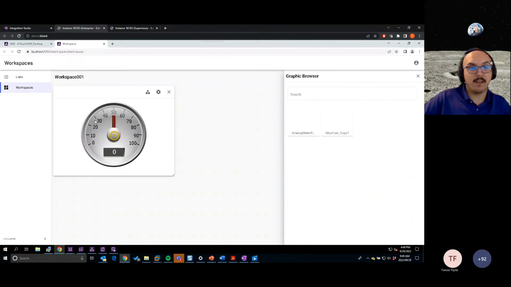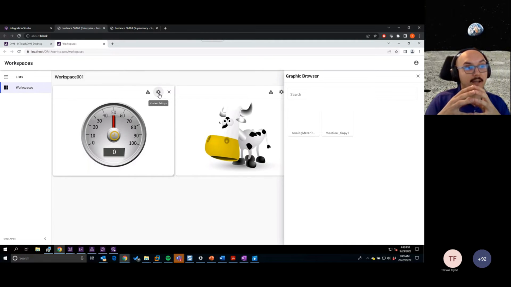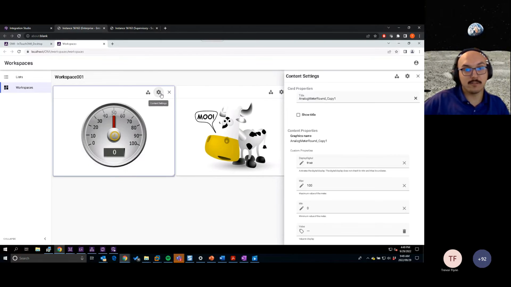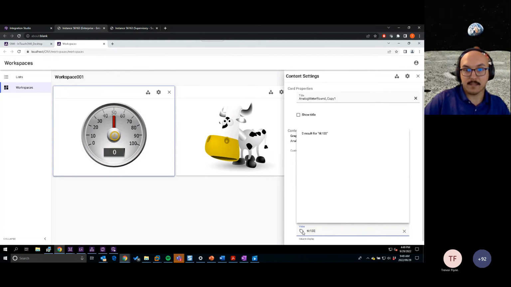I have an analog meter and a traditional Wonderware cow as a graphic. But within each of these, I can apply different attributes that are a part of my system, and it'll dynamically change as I edit this. So if I change the value for maybe a tank,